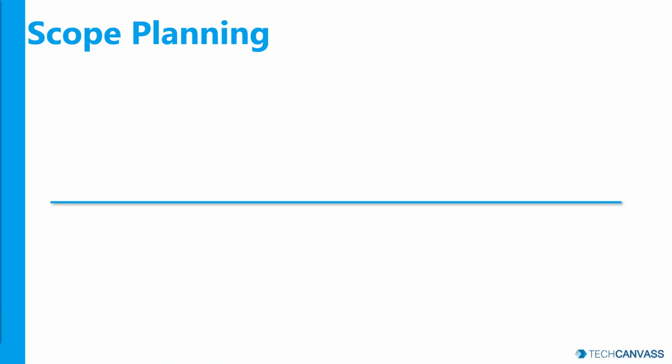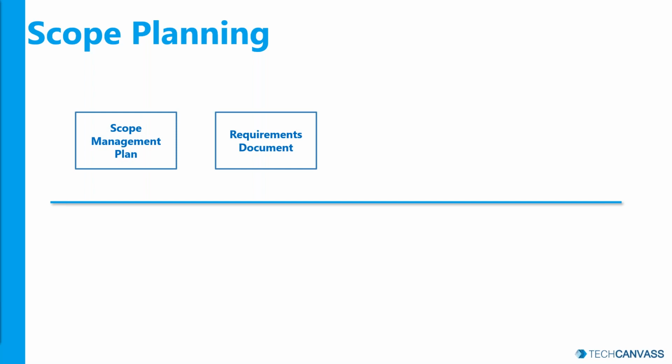Now, next is scope. How do you plan for scope? Scope is very important because scope will define how you are going to cost your project and how you are going to schedule your project. Right. So scope planning is an entry point. Right. You need to have a scope plan. Okay. More importantly, your scope will cover a certain set of requirements. Right. A set of requirements makes up scope, what you are going to deliver.